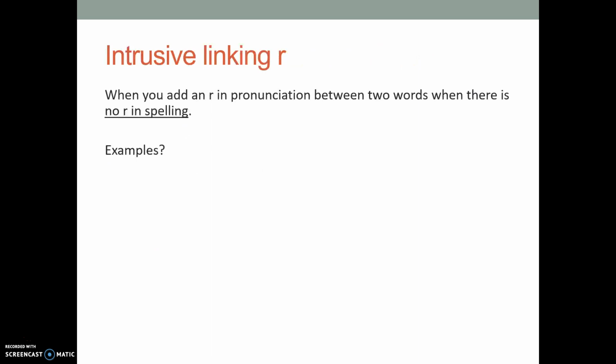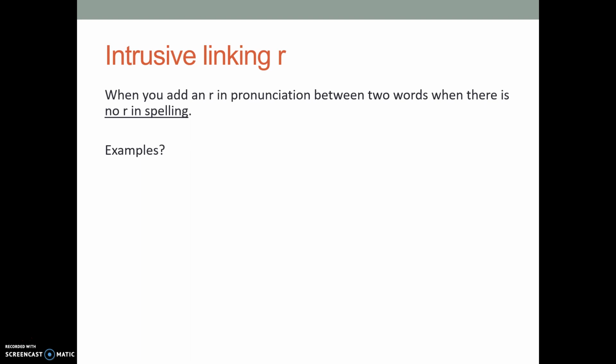We already studied the linking R, the normal linking R, in a phrase like "no R in spelling." Have a look, because the next word starts with a vowel. You use strong liaison and you pronounce it in one word. You use the R as a linking R, and you are allowed to pronounce it in RP. So when you add an R in pronunciation between two words, sorry, I'm reading to demonstrate a normal linking R,